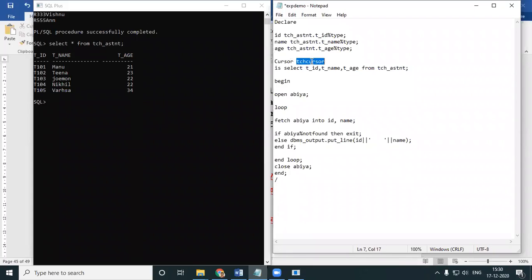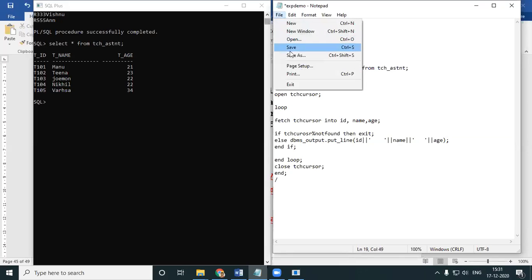I'm beginning. I'm opening up my cursor. Open the teacher cursor. Together with opening, even close it. Okay, fetch the teacher cursor. I've got 3 fields over here: TID, TName, TAge. Fetch it. Wherever it is, write my new cursor, TCH cursor. Not found, exit. I'm taking care of my infinite loop. ID, name, and then my age.